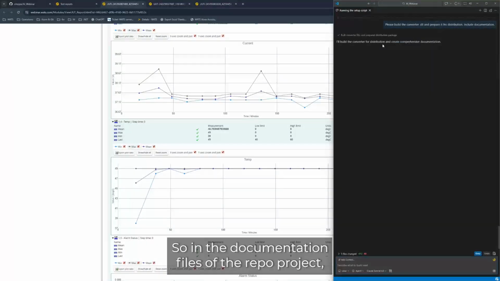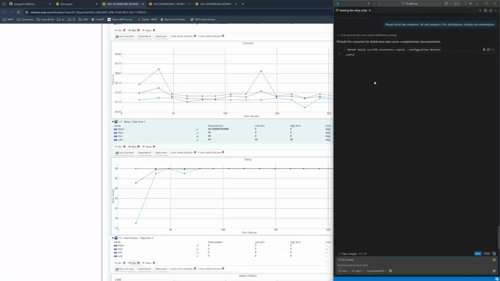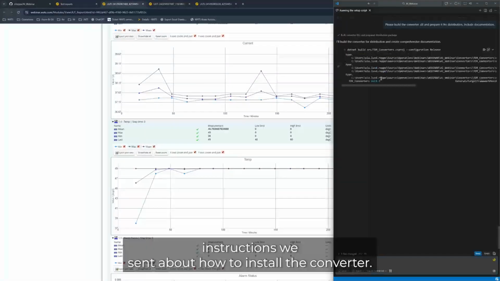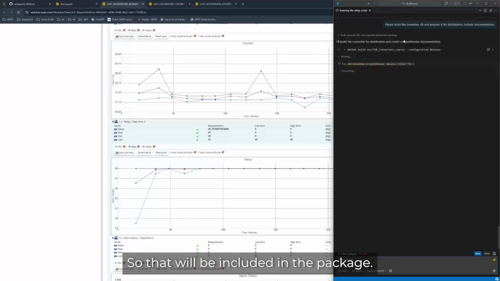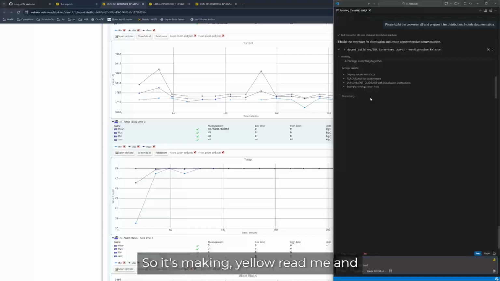So in the documentation files of the repo project, there is the typical article, the typical instructions we send about how to install the converter. So that will be included in the package. DLLs. So it's making a DLL, a README, and